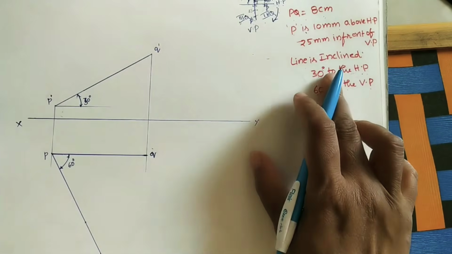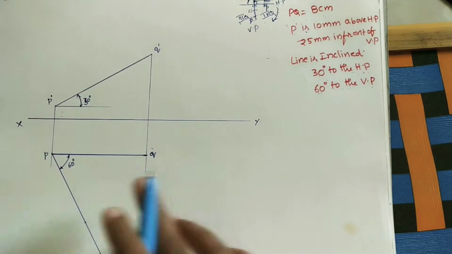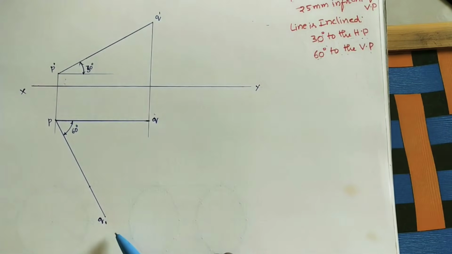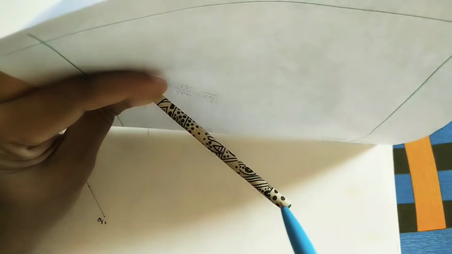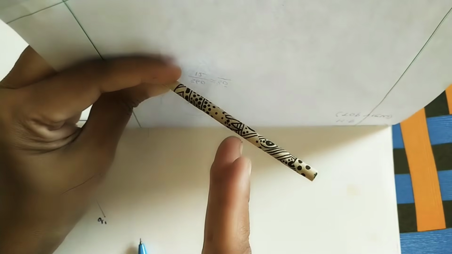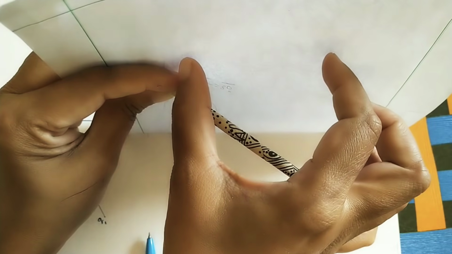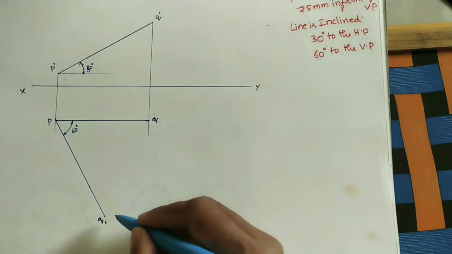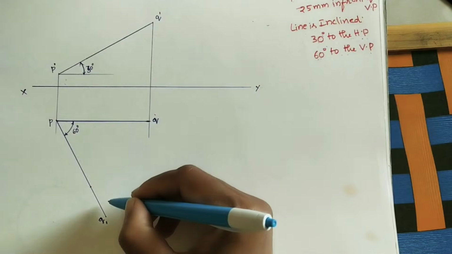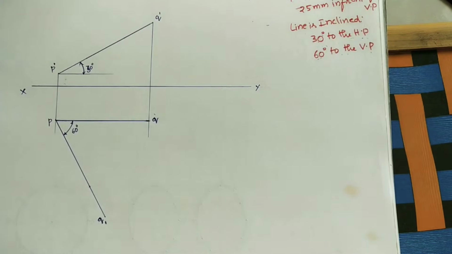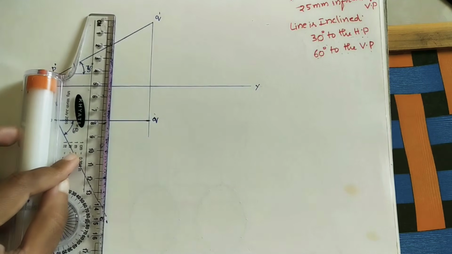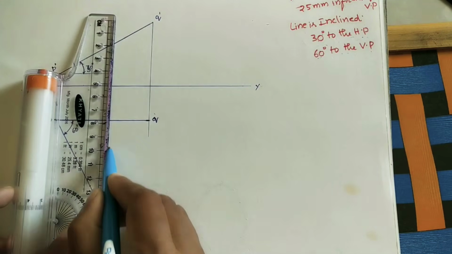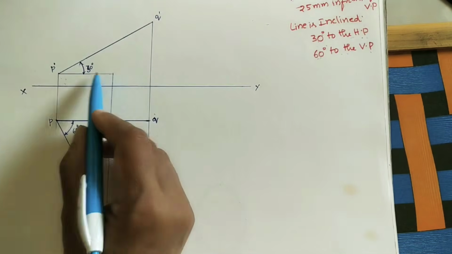Here, instead of the two combined angles, I am taking 30 degrees to HP in this diagram we got, and 60 degrees to VP. So this top view we got. How does the front view come for this line? I told you we already took 60 degrees to VP. This is the top view we did here. And in the front view, this inclined line looks like a horizontal line, correct? So here draw one line, the same projector line, and here we can see the front view. Take this as the reference line, the projector line. Here also draw the projector line at Q dash. Now this gap is the front view.